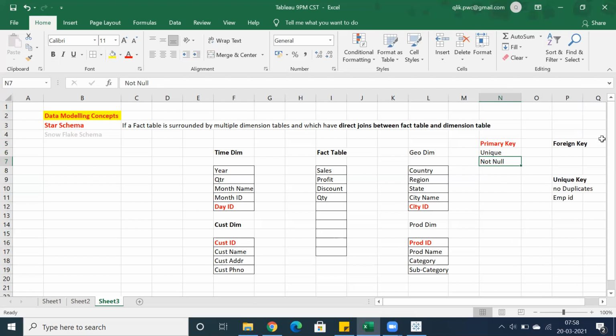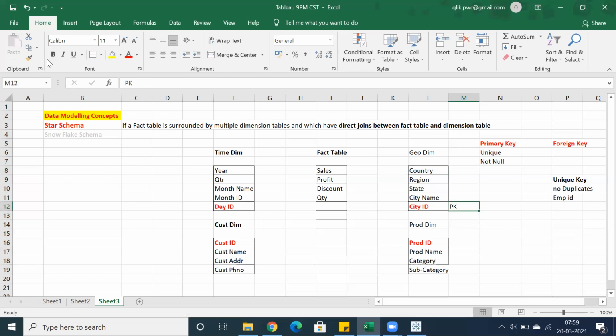Unique key, as I said, we may have a number of unique keys in a table, but generally we have only one primary key. That's a proper primary key. We may have different columns as well, it depends on the requirement. We have composite keys and all those things, but importantly, just concentrate on this particular scenario: we have primary key and we have a foreign key. Generally we create the primary key in the parent table. Let's say for geographical dimension, city ID is the primary key.